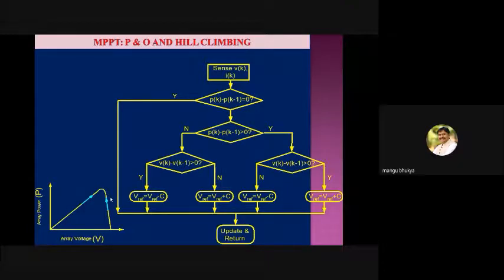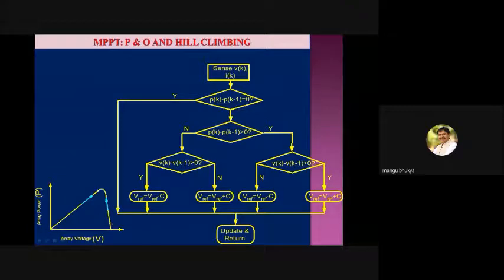All these algorithms work by seeing the characteristics only, simple logic. So you have increased the voltage, power is also increasing. Fine. But how do you ensure that you have reached the top, the peak point of the hill? You will increase the voltage, and suppose in spite of the increased voltage, the power delivered by the panel decreases. Then you come to the conclusion that you have already crossed the peak point, because beyond MPP, if you increase the voltage, power decreases.